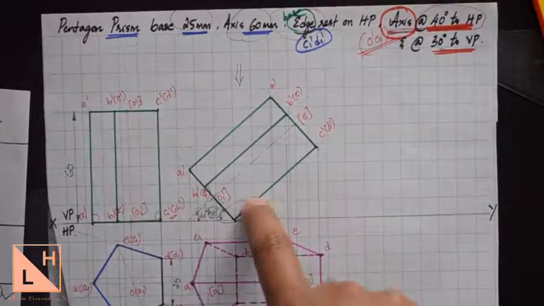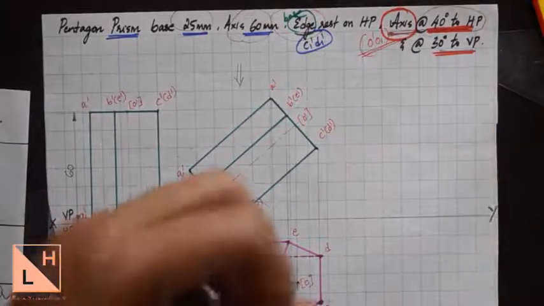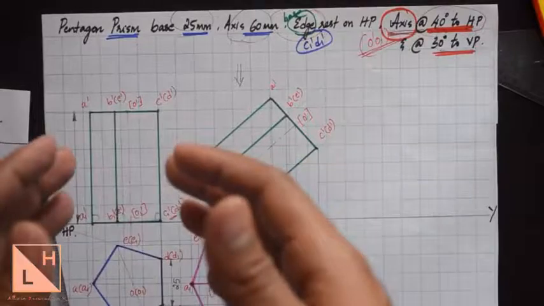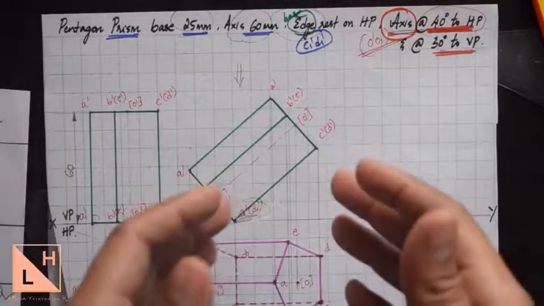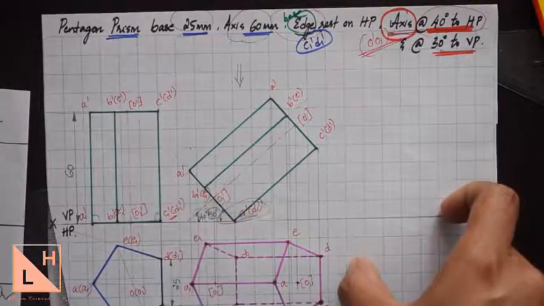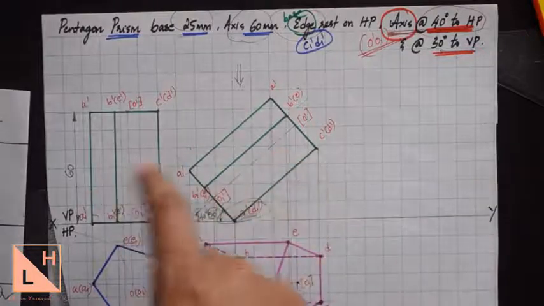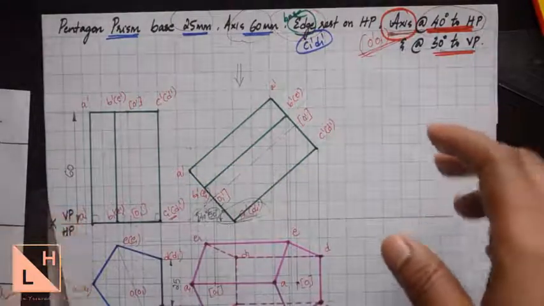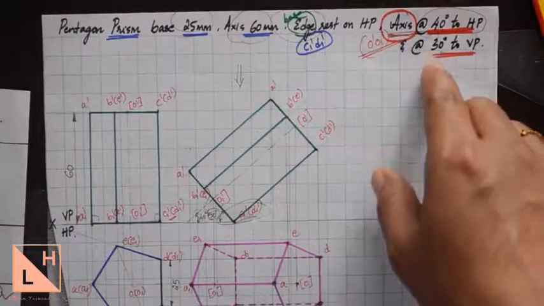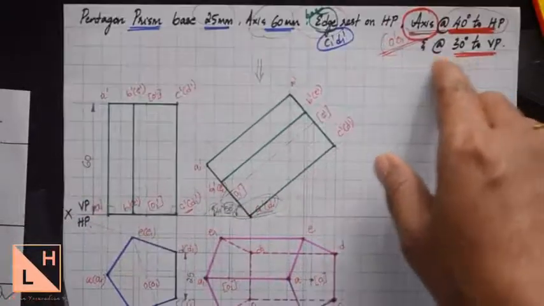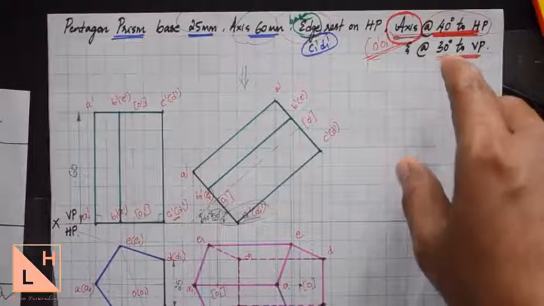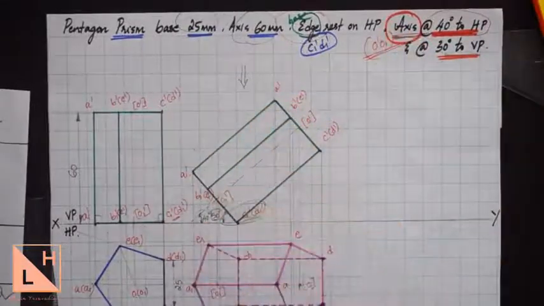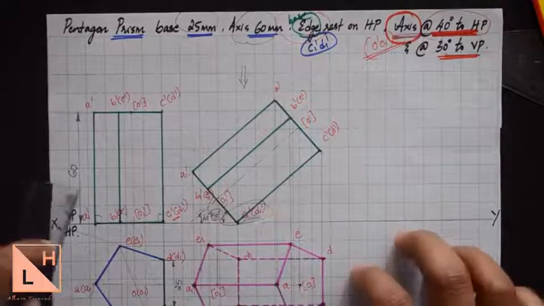the second position. Now remember, the concept is same whether it is planes or solids you are projecting. If the length of that particular element is changed from first to second position, then you need to find the apparent angle. If the length has not changed from first to second position, then no need to find the beta angle. And the important thing here is you need to measure the length of that particular element with respect to what the condition is given with respect to. So here the condition is given with respect to axis. So let us check the length of axis in the first position as well as in the second position.